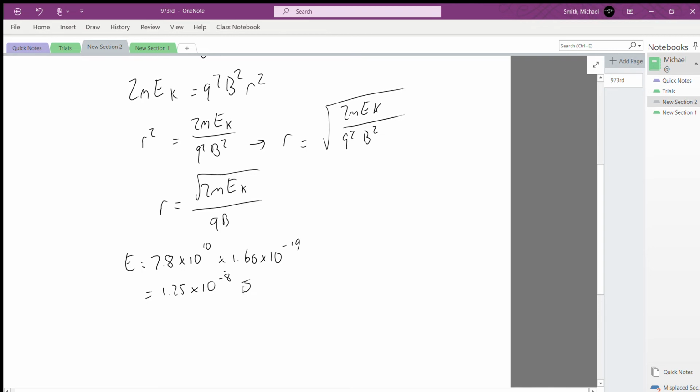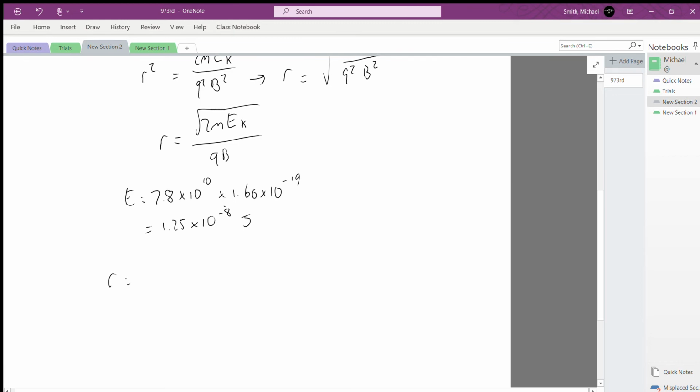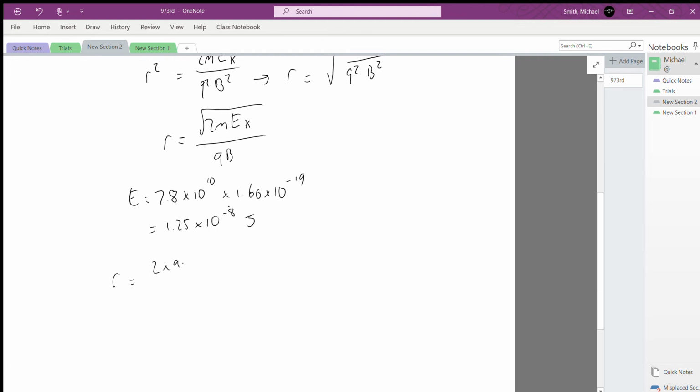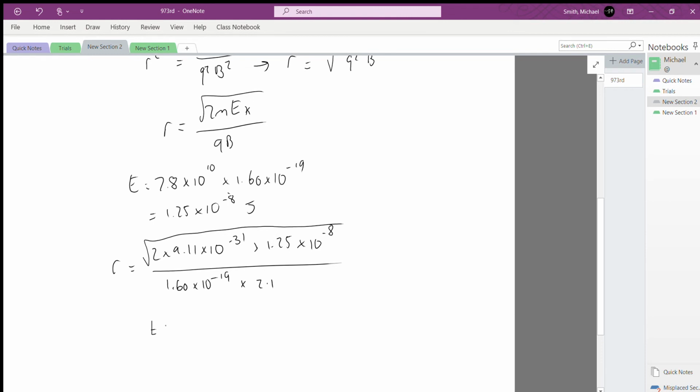Now we can substitute all of these things from the question into our expression. So R will be the square root of 2 times the mass of an electron, 9.11 times 10 to the power of minus 31 kilograms, times the energy we've just calculated, 1.25 times 10 to the power of minus 8, all divided by the charge of an electron, 1.6 times 10 to the power of minus 19, and the magnetic field strength we're given in the question, which is 2.1. If we substitute that into our calculator, we get